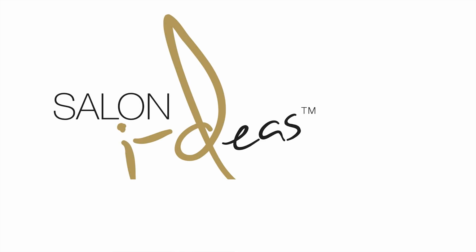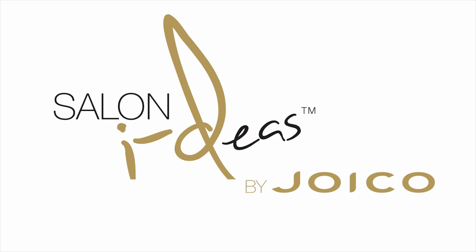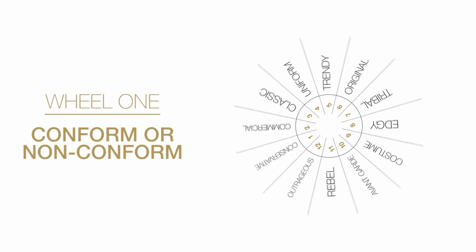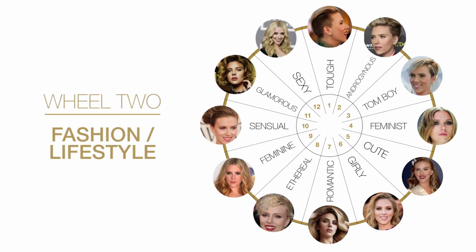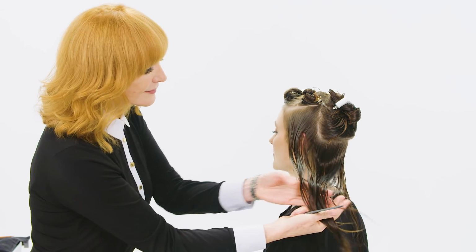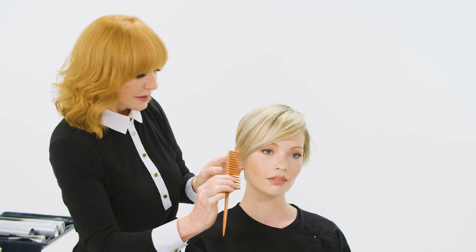An incredible consultation is the key to success in a salon. I'm Vivienne MacKinder, and that's the secret behind Salon I-Deas by Joico. It all starts with something we call the 3 wheels of fashion, a groundbreaking new technique that lets you dive deep into a consultation, allowing you to hone in on your client's true style and design looks that are beautiful,